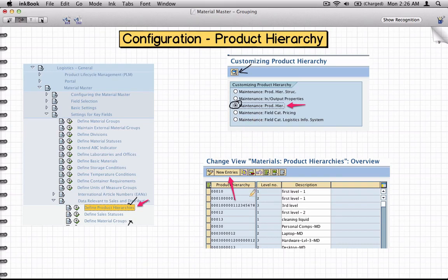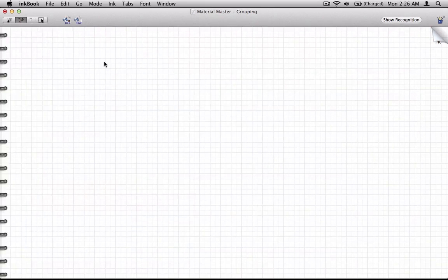You'll be taken to the product hierarchy screen, where you'll have hierarchies and levels. Now this is the key. Now let's go one step further and define a custom product hierarchy. Let's say we want to define a hierarchy like this. The first level is desktop, versus laptop, versus printer,